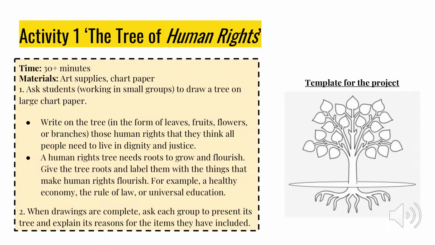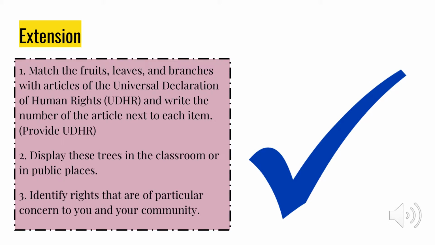Ask students to think about what the human rights tree needs to grow and flourish, which they should write in the section of fruits, for example, a healthy economy, education, rule of law, etc. When their drawings are complete, students present their tree and explain its components. You may extend the activity like